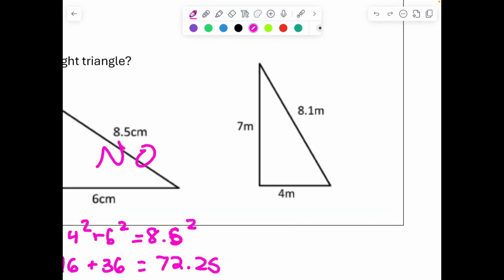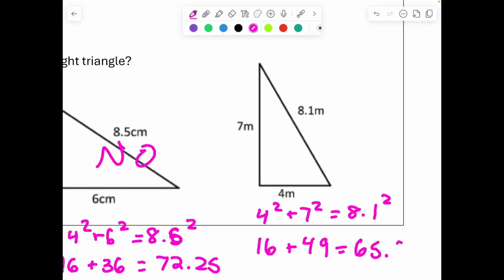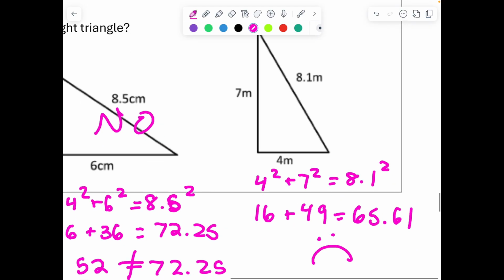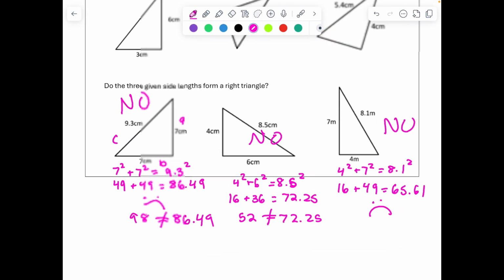It's already not looking too good for us. 4 squared plus 7 squared equals 8.1 squared. Does 16 plus 49 equal 65.61? Obviously not. None of these work out and form a right triangle because when we plug them into the